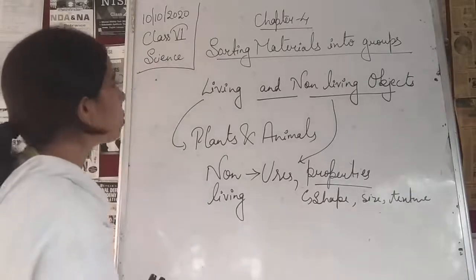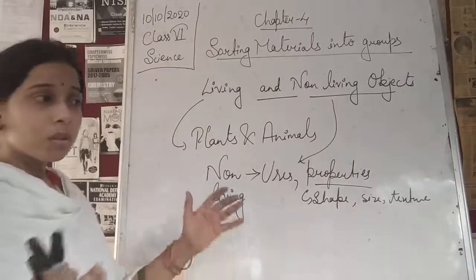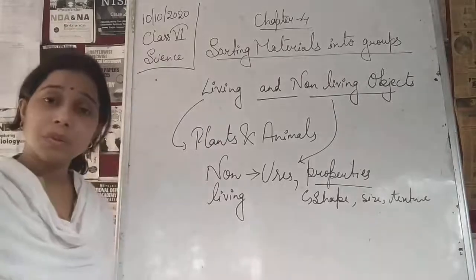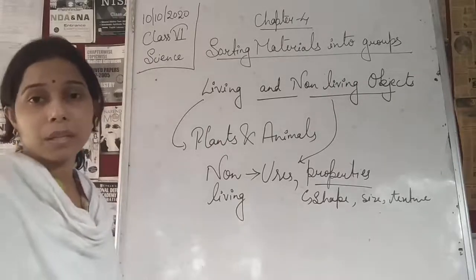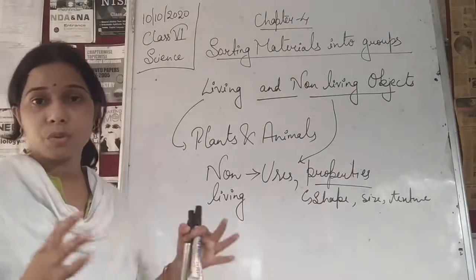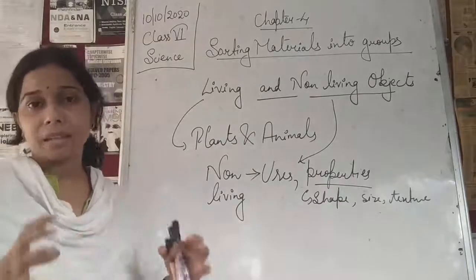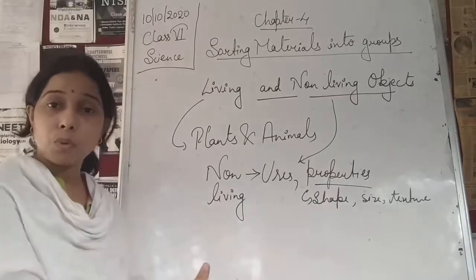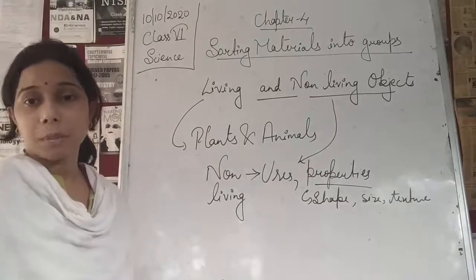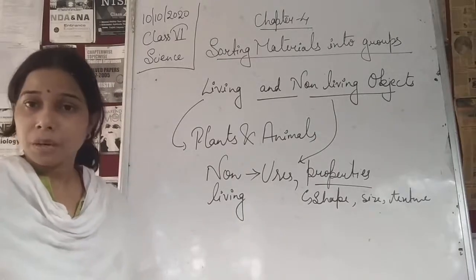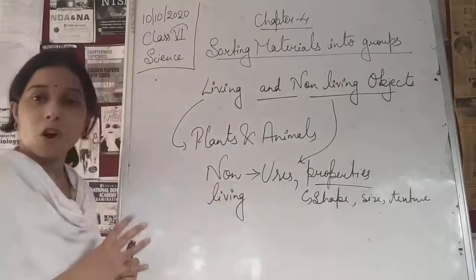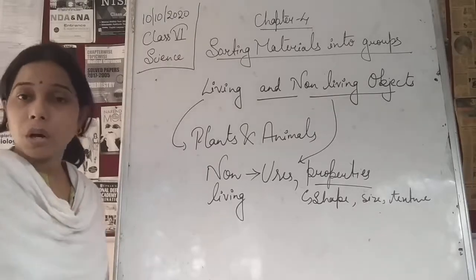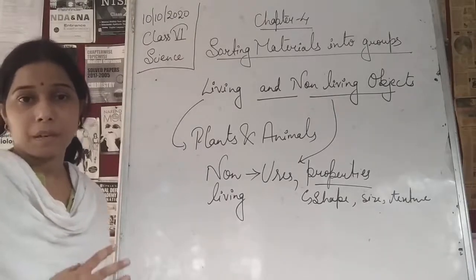We also discussed that if a lot of things are given and the question asks which one you think is a living one or which is a non-living one, you have to take all the materials and classify them into groups. You have to see which one is the round one, which one is the square one. On that basis you classify. So whenever objects are given and you have to do classification, you have to see on what basis the classification should be done.